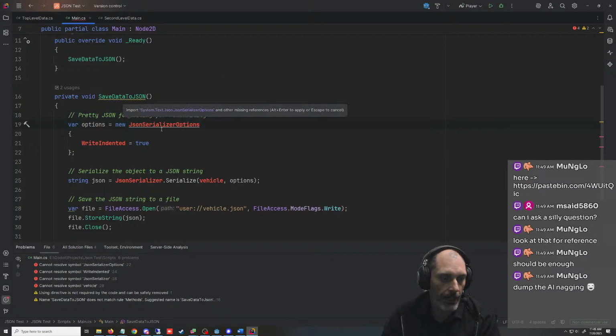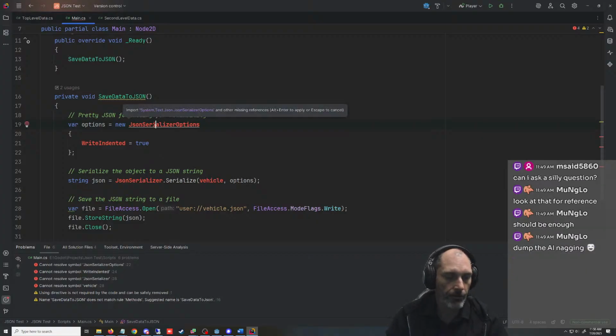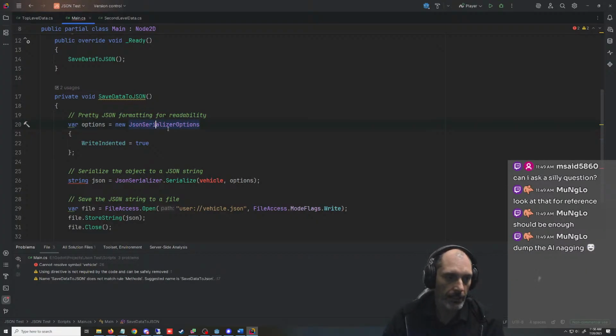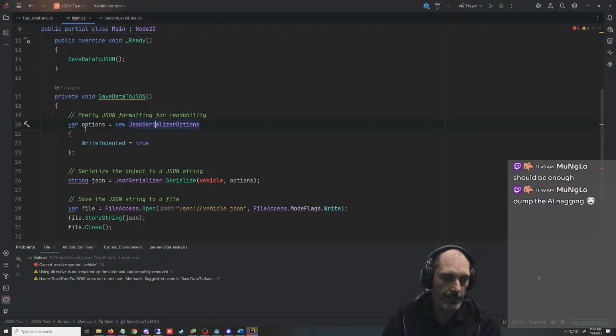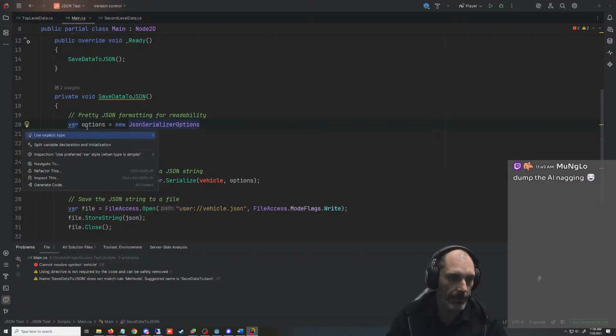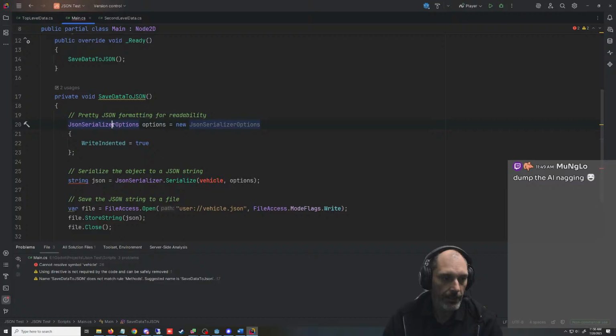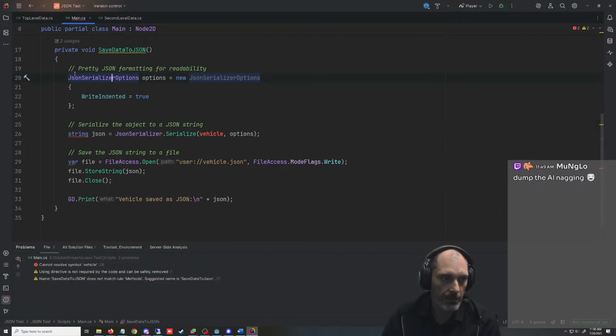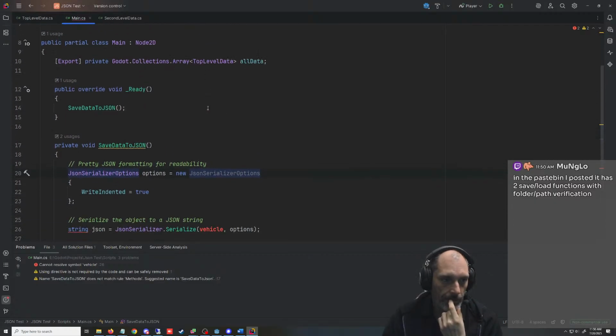Get this var out of here. So we just need a JSON serializer options, with indent set to true. Okay, so we have something called options. Pretty JSON formatting. Definitely want it to be pretty. Everybody wants to be pretty. Serialize the object to a JSON string. Okay, so we're going to pass in